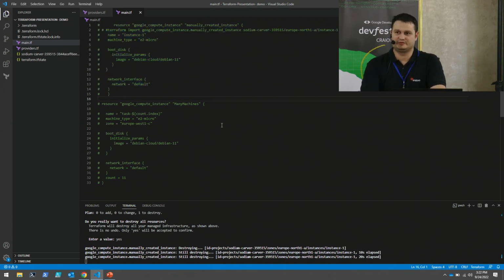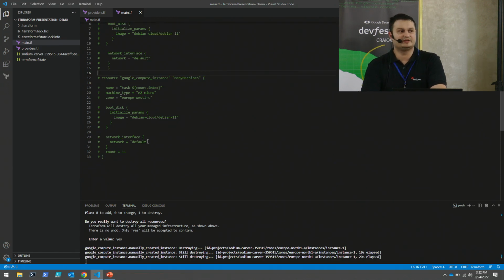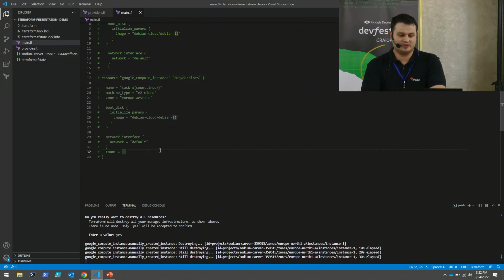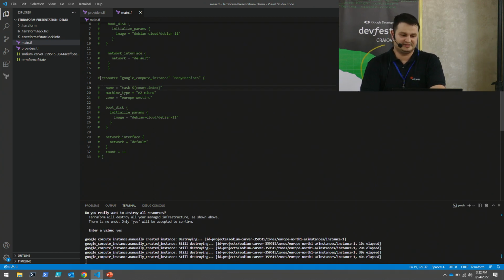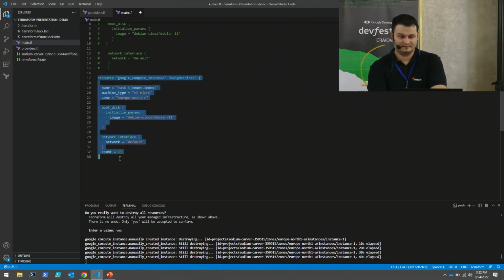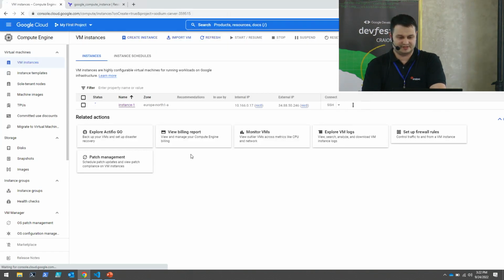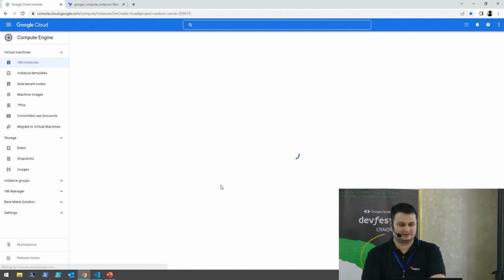Well, he mentioned we need to create another 11 instances. What can we do to make it in an iterative fashion? Well, Terraform has a count parameter here, which we'll set to 11. And by using this count.index, which starts at 0, we can name the instances. I'm going to uncomment this, save this, and wait for our instance to stop on Google.